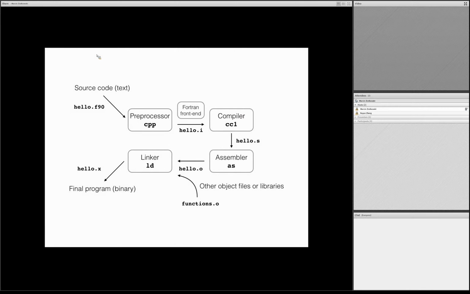After that, the program is compiled, and this is the most time-consuming part. From this preprocessed file, we get the assembly file. The compilation is only translating the language, the real Fortran language, preprocessed Fortran language, to assembly language. After that, we run the assembler that actually creates the readable binary object